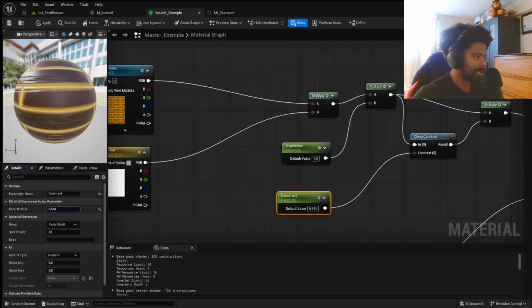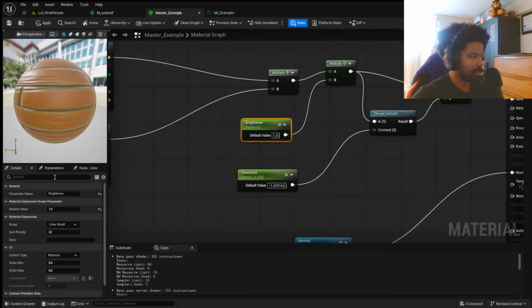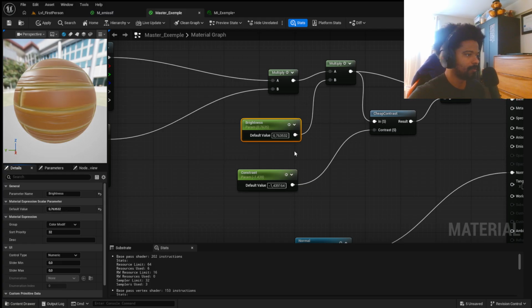It's more of the highlights that it's controlling. It's a lot more precise. And this is more controlling the overall, more so the main color, but really overall values of the